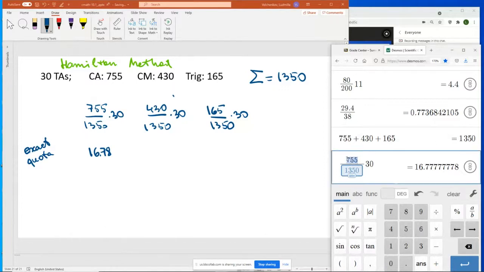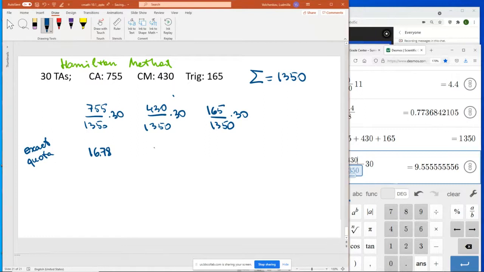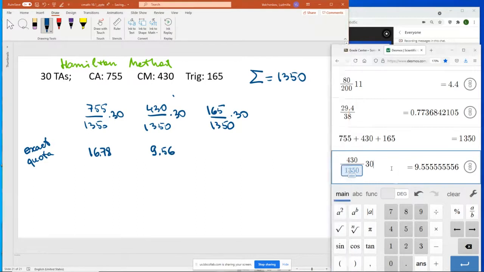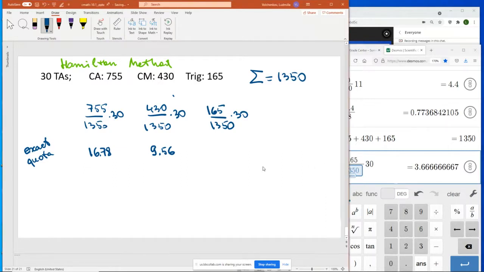For contemporary math, 430, the number is 8.56. We usually don't need more than 2 decimal places. And the last one, 165 for trigonometry, and the exact quota is